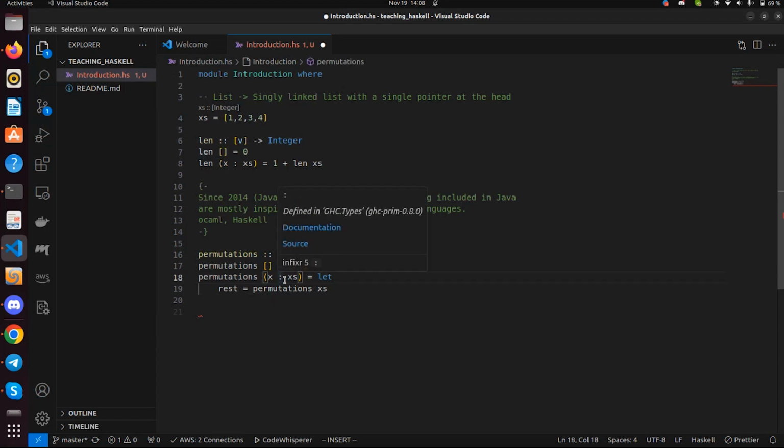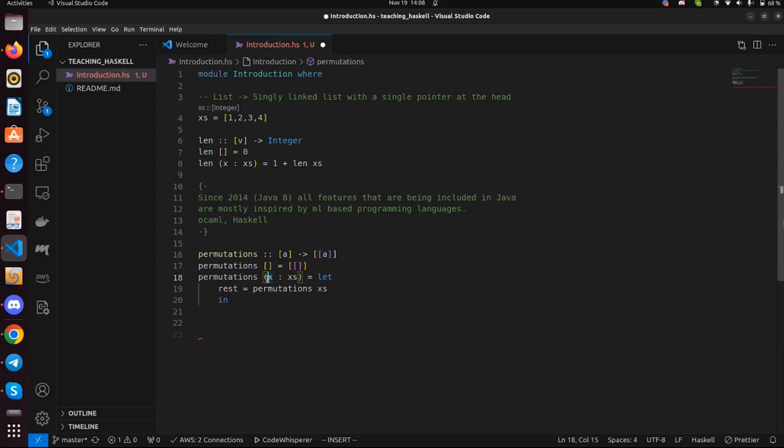So I'm recursively calling the permutations function on the remaining rest of the elements, right? This let expression binds a computation, a result, to a variable name. Okay. So after creating the list of permutations of the rest of the elements, what we'll do,